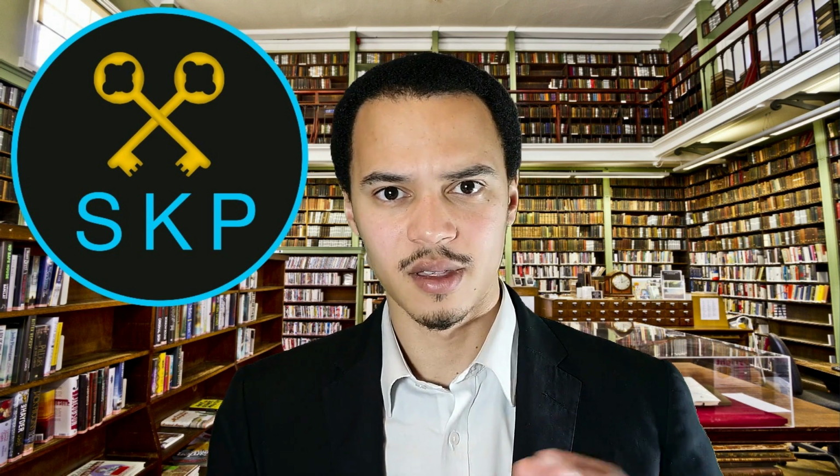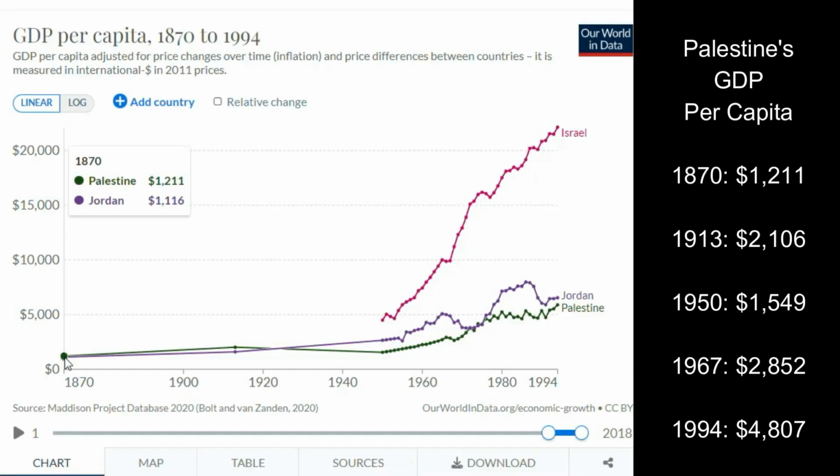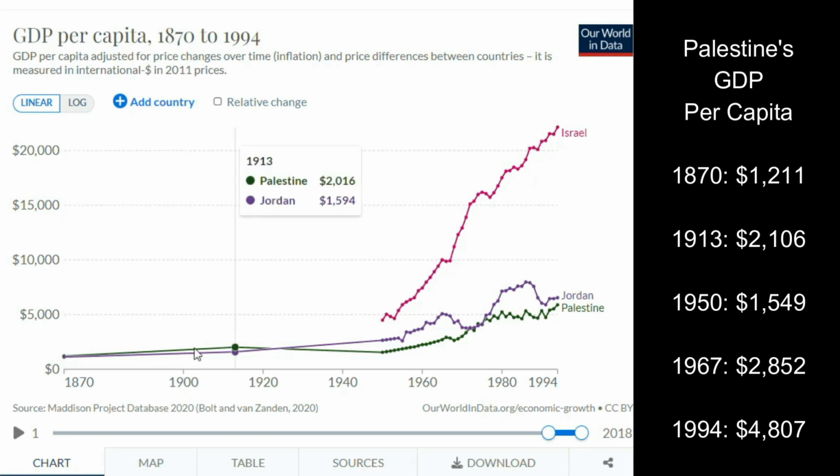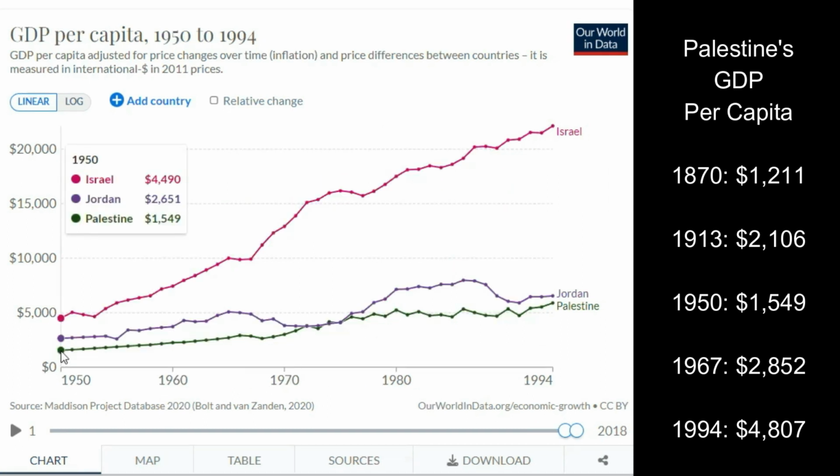However, during all this time the Palestinians had obviously been occupied. So how were they feeling throughout this time? Well, in spite of the record economic growth which had taken place during that time, just to give you an indication of this, as you can see on the screen now, in 1950, the GDP per capita for the Palestinians was